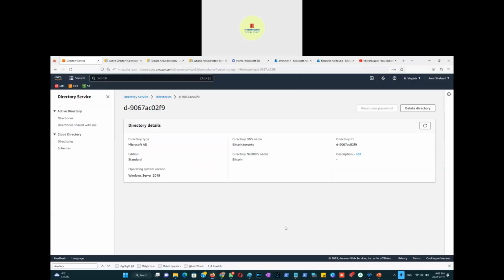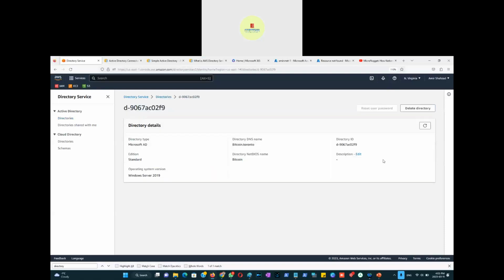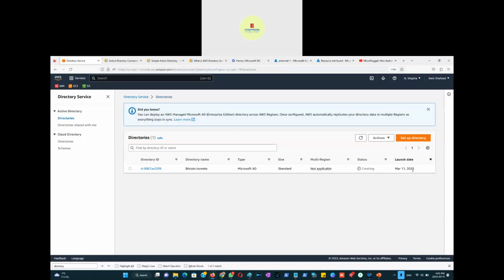And I'm going to check back here. It is still installing. If I go to directories, it's still installing. I'll refresh that, and refresh. What does it say here? Oh, it doesn't say here. I have to go out and keep refreshing that. Still installing. Okay, so while this is going on,